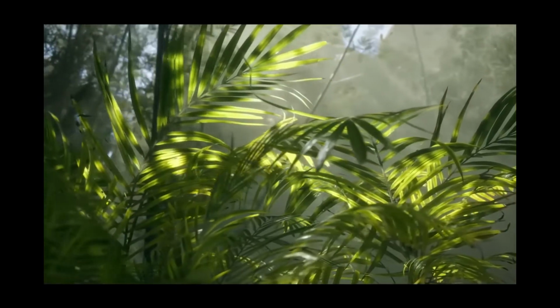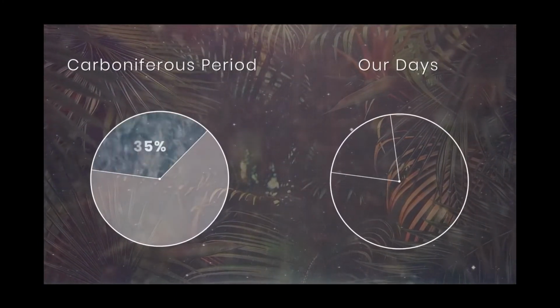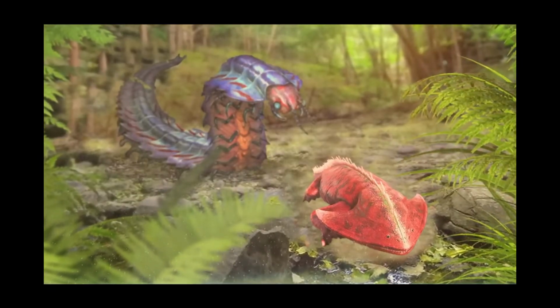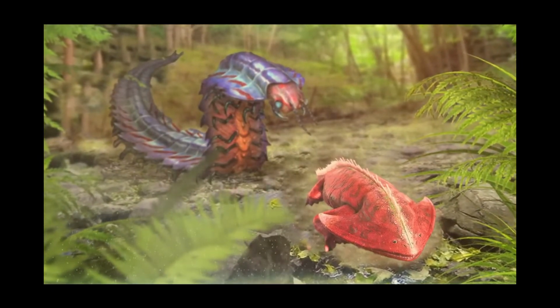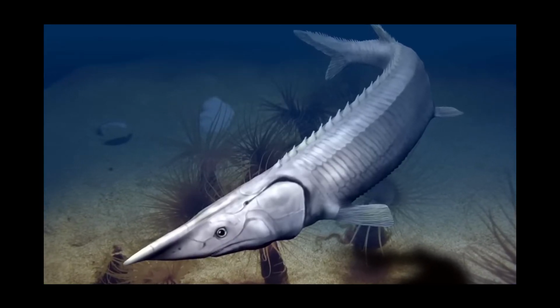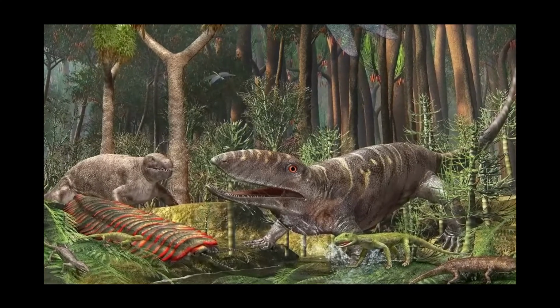The growth of these forests increased oxygen levels in the atmosphere, which peaked to around 35% compared to the 21% it is today. This alone might explain the size of the giant creepy crawlies that emerged. Some animals and insects may have developed in water and grew bigger as a way to protect themselves against the high levels of oxygen at the time.